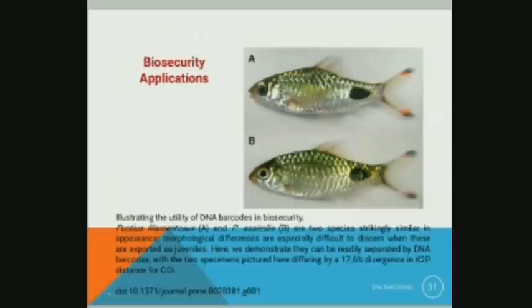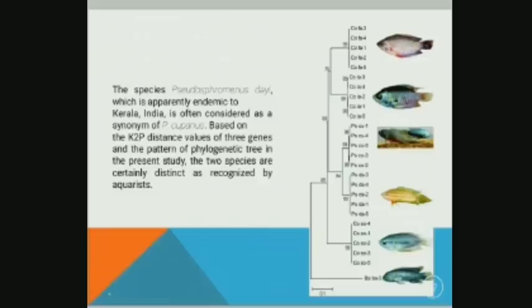Here also a similar kind of COI has been used to identify this particular species, which were different in nature. Again, here we can use it for synonymy validation of particular fishes, or even for new species identification. We can do it using morphological parameters, but molecular tools are also effectively used, and now journals are asking for molecular tools for submission of any manuscript on a new record or new species.